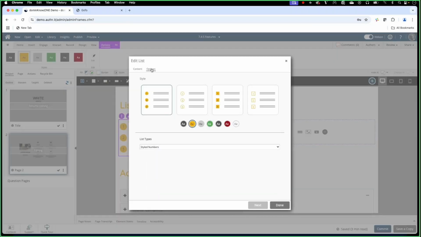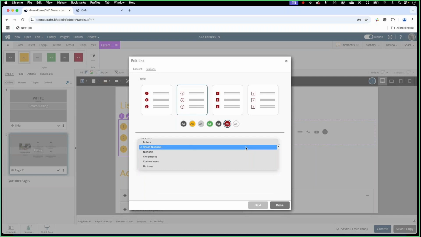On the options tab, for each of the styles, I chose the styled numbers, but I've got some options here. It can go with the default circles or open circles or squares. Let's flip it over to open circles. And again, I've got access here to set this list to reflect the branding colors that are set up for this project. And in fact, kind of like the dividers, I can also switch these list elements to any of the other styles that are available as well, if I wanted to. If I decided I've changed my mind, I don't have to remove it and add another one in. So a lot of really nice flexibility there.